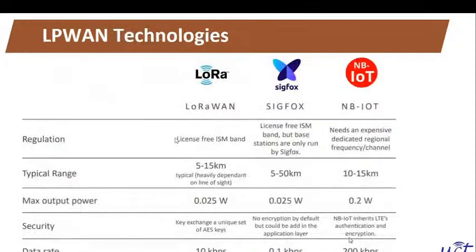And these are the differences between LoRaWAN, Sigfox, and NB-IoT. I will not take much time because we have other things to cover. We can share this slide. Typically, LoRaWAN is up to 5 to 15 kilometers theoretically. We have achieved 3 kilometers line of sight so far in our applications. And the power, you can see that it is very low, and it is secured. LoRa is secured also.